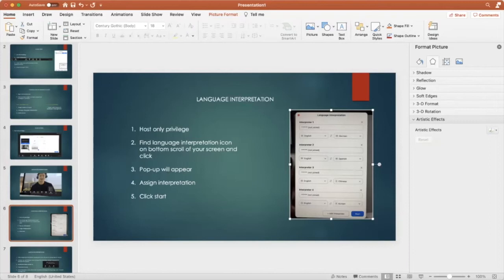What happens when you click start? Well, the person that's interpreting, their voices become mute, even with the microphone icon on. It's very important that those who are interpreting keep their microphone on, but they're silenced to the rest of us. The only people that can hear them are the people who click the language as part of the participant community. So once these are assigned,